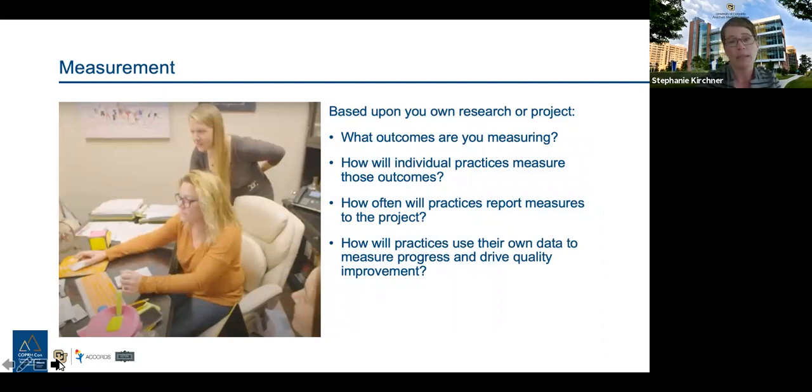So I talked about measurement. I think in research we often think about it when we're thinking about what we need to measure, what we're evaluating, what we're reporting to a funder, but also really thinking about how that translates to primary care practices or specialty practices, whoever you're working with. What do they need to be looking at in this information and data that's connected to the things you're asking them to do on a pretty regular basis, even monthly,